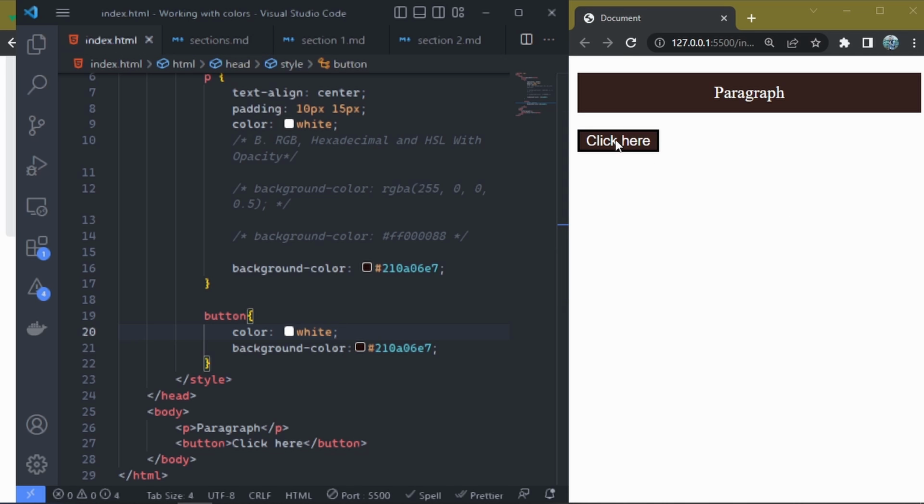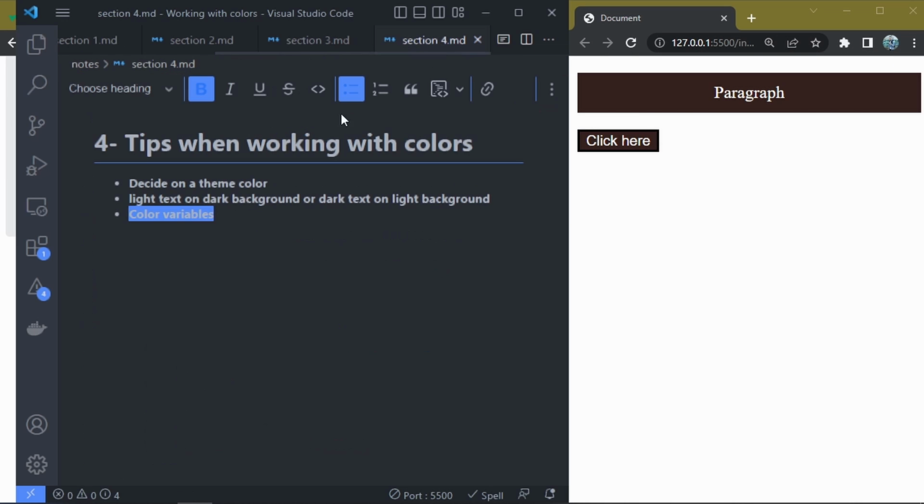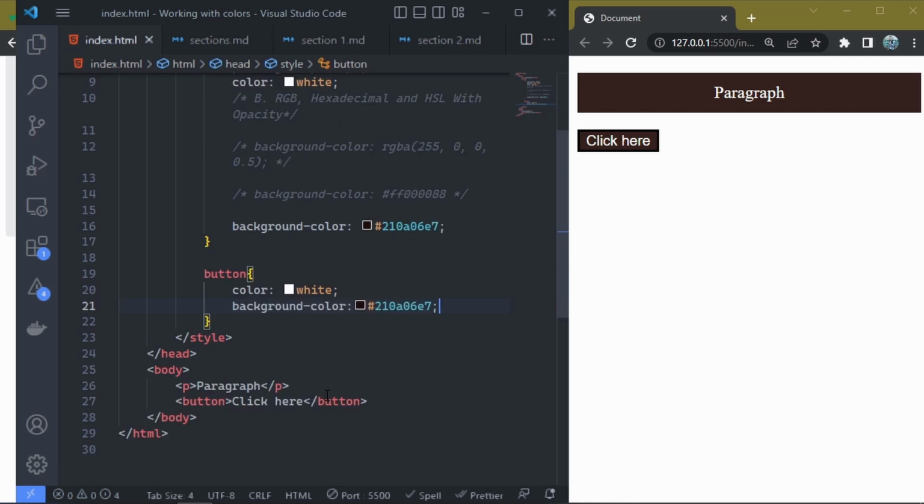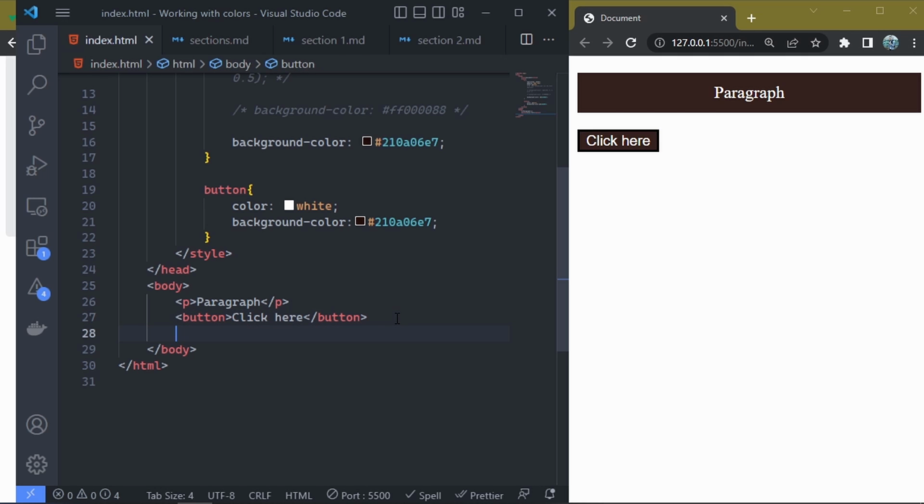So you see now that the text on the button is visible. But in this case, this is not the pattern I'm demonstrating. What I want to explain, the next tip, is the color variables tip. So we want to use color variables. So you notice here that we're duplicating code because we're actually copying this background color and pasting it here. If you have a case where we have many other buttons, like for example, if you have now,